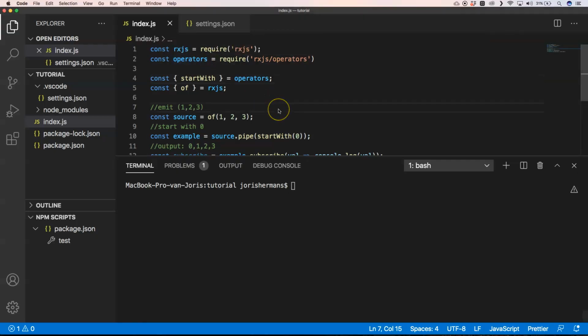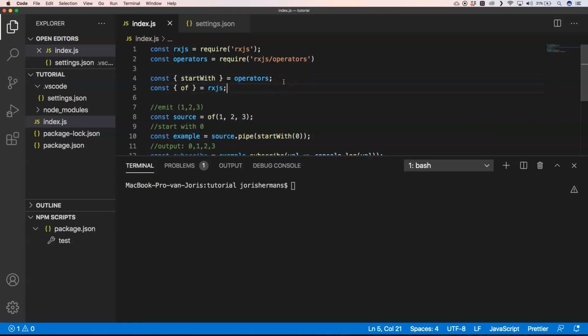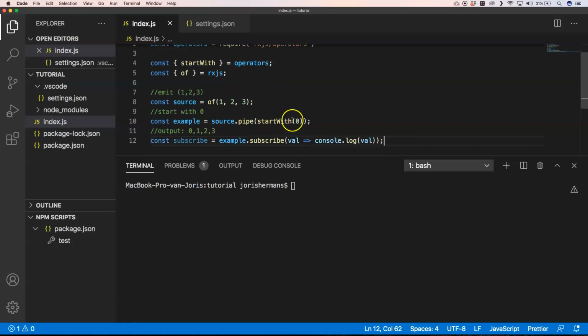First and foremost, we have an index.js right here. And then I did a require of RxJS and a require for the operators. I'm going to use the startWith operator because that's important to do so. And then we have an of where we have some values, and then of course we're going to start with